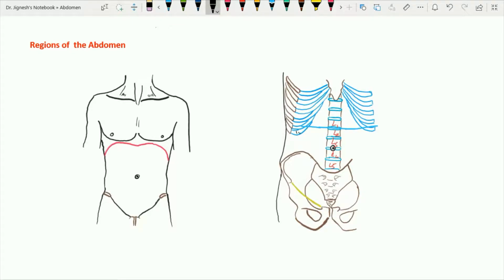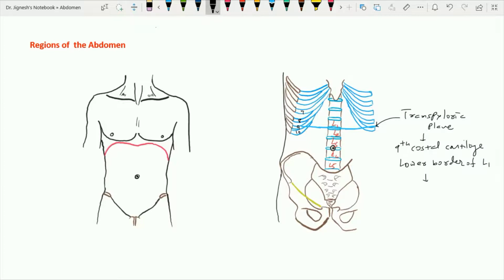Here this is the 10th costal cartilage, this is the 9th, 8th and the 7th costal cartilage. This transpyloric plane is going to pass through the 9th costal cartilage, and posteriorly it is going to pass through the lower border of the L1. And at the level of this transpyloric plane, so we can say lower border of the L1,